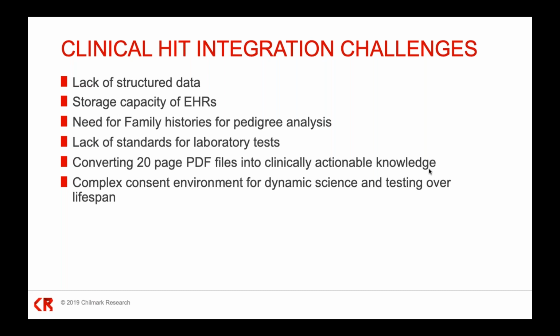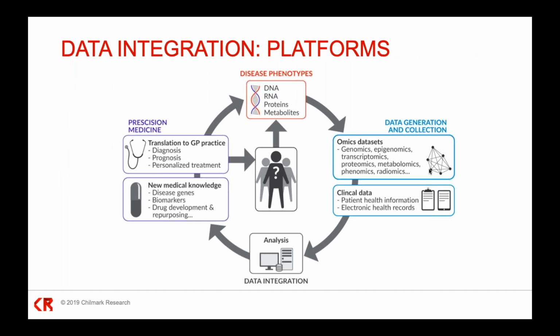So then you're dealing with the realm of Bayesian probabilities that you have to translate in a way that the patient can understand. So it's a very complex environment where we're taking different disease phenotypes, given the genetic data about specific diseases, integrating other omic data sets into that, integrating clinical data or even claims data, and ingesting that into a platform where you can analyze that, discover the insights that can then be used to stratify patients and offer more precise treatments. That's the general data flow, which obviously requires a great deal of data sharing